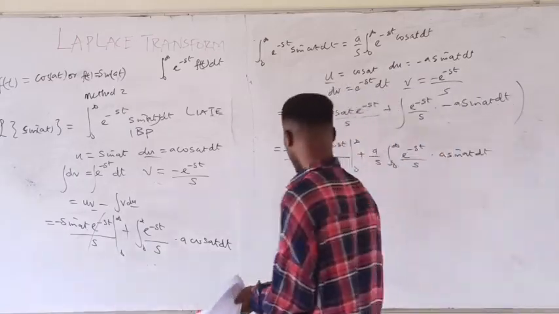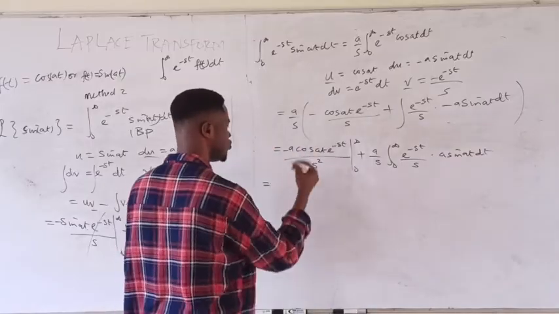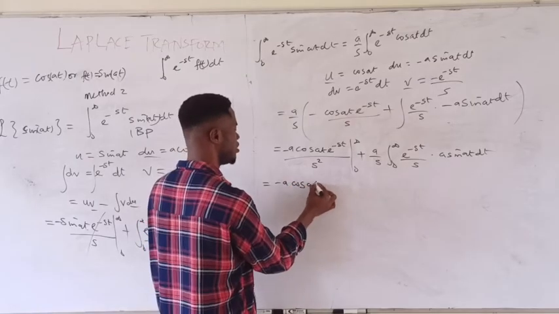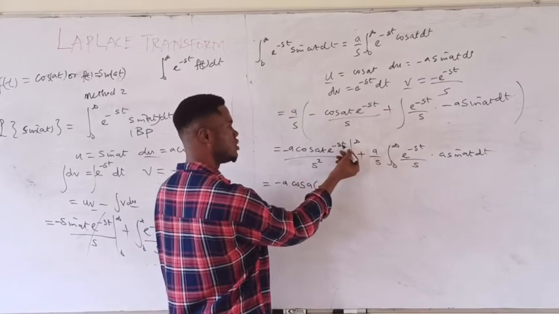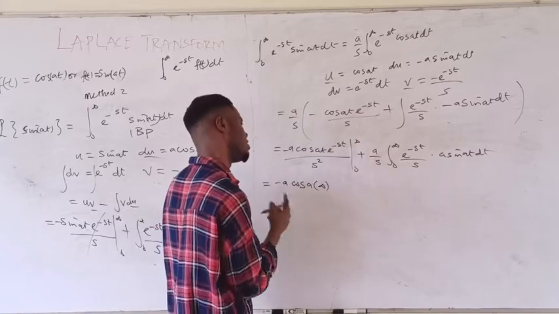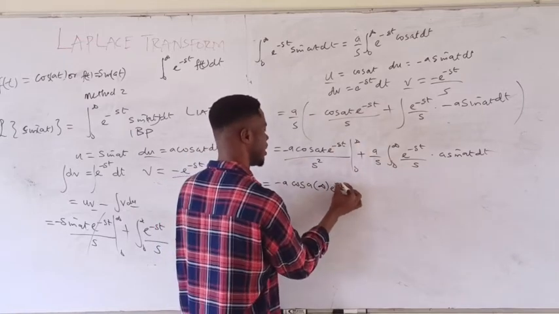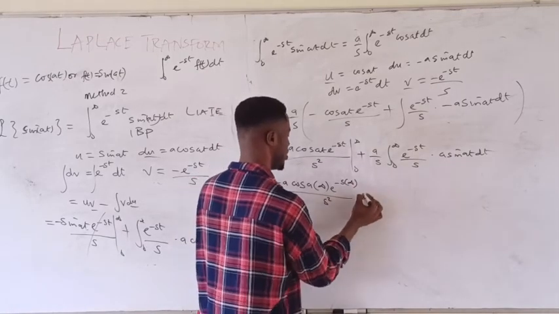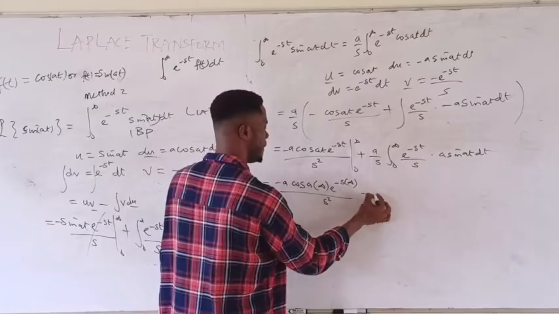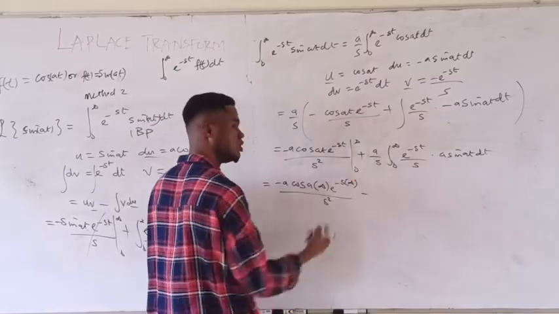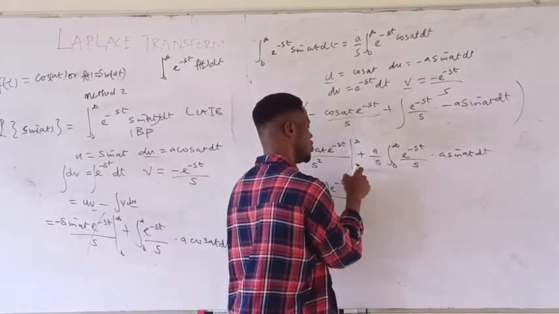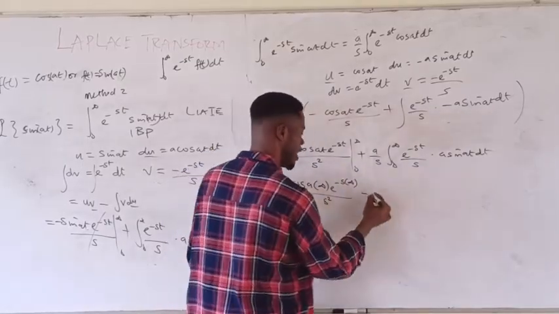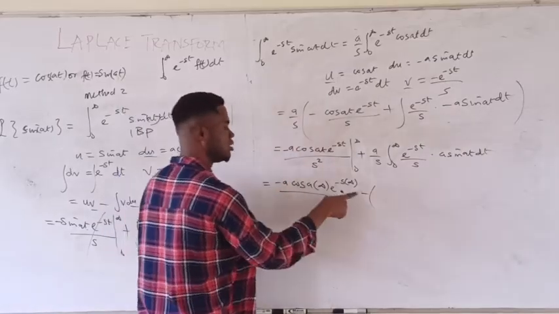So what we have here is minus a cosine of a into infinity, exponential of minus s into infinity divided by s squared. Remember, I told you that the value of your t is the value of this limit, right? Minus the lower limit from the upper limit. The lower limit is being subtracted from the upper limit, that's why I have this minus. But since there's a minus here already, that is plus